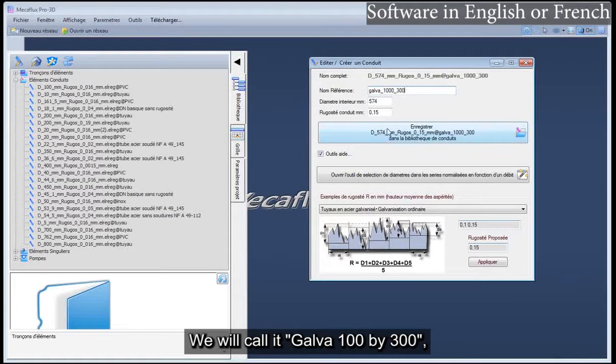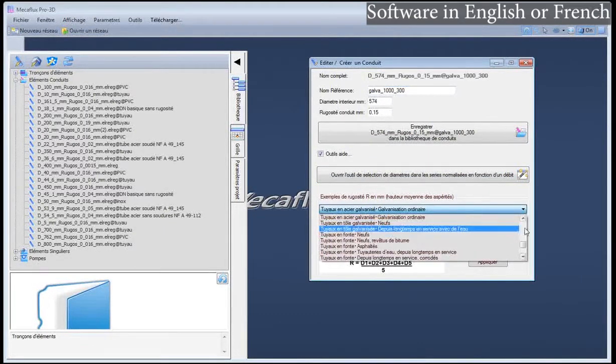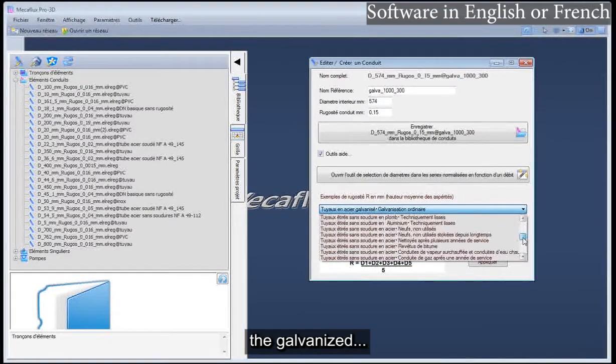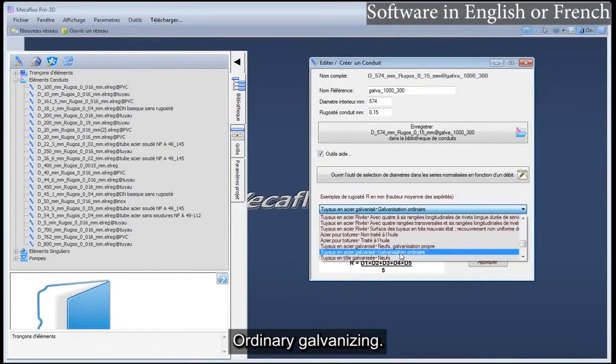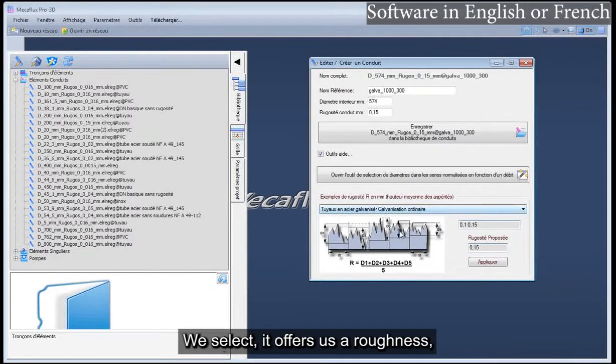We will call it Galvo 1000 by 300. And we select from the list of materials the galvanized steel pipe, new galvanized steel pipe, ordinary galvanizing. We select it, and it offers us a roughness, which we apply to our conduit.